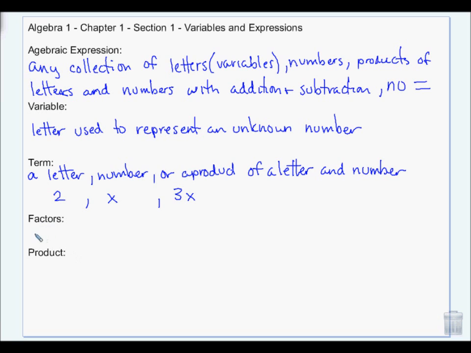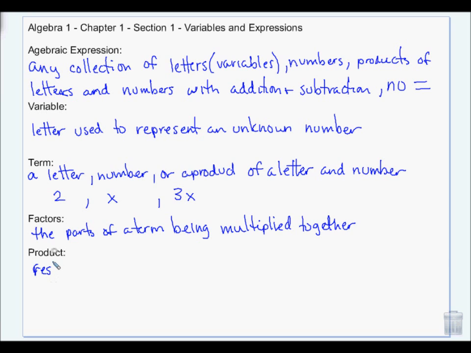Factors are, so if you have a term and you take the things that are being multiplied together and you take them apart, those are the factors. And the product is basically the result of multiplication, or the answer. Okay. So